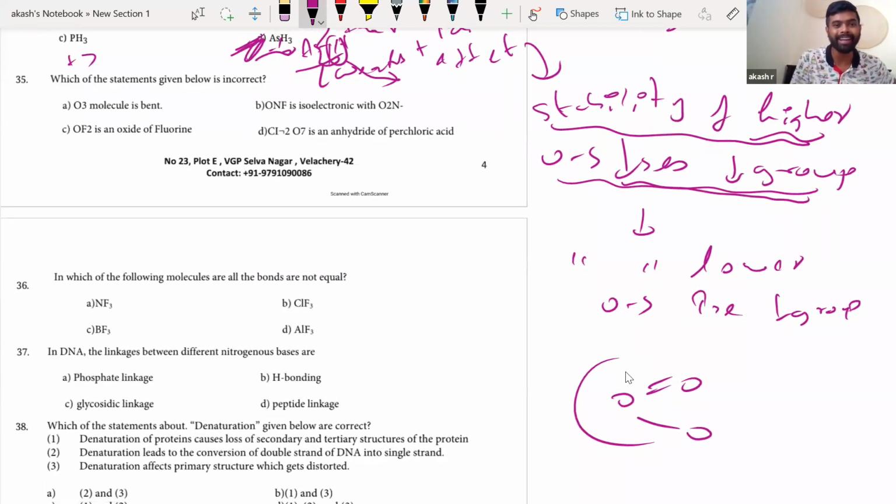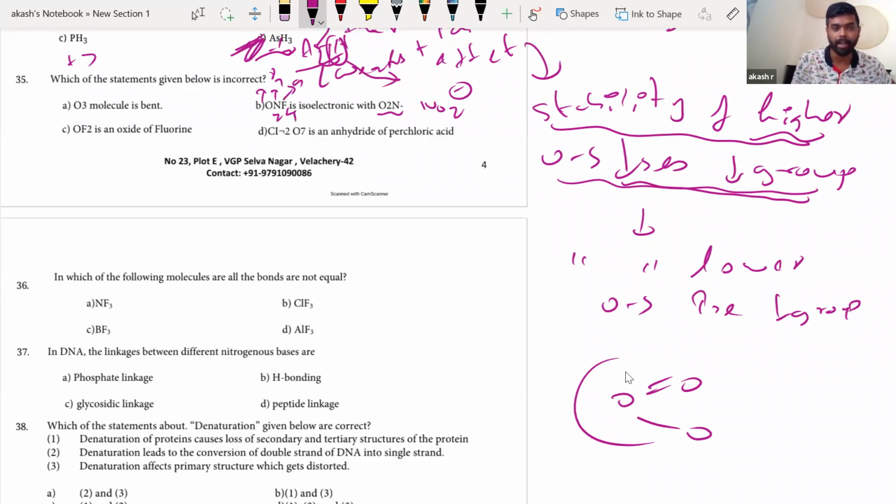ONF is isoelectronic with NO2 minus. I think they are mentioning NO2 minus here. It says a printing mistake. Just check the number of electrons. Oxygen has atomic number 8, this has 7, this has 9. So 8 plus 7 is 15, 15 plus 9 is